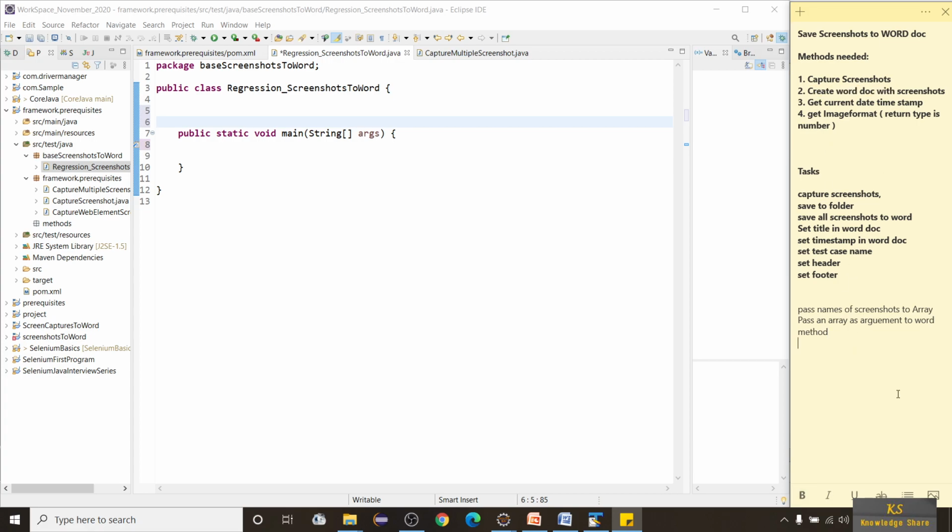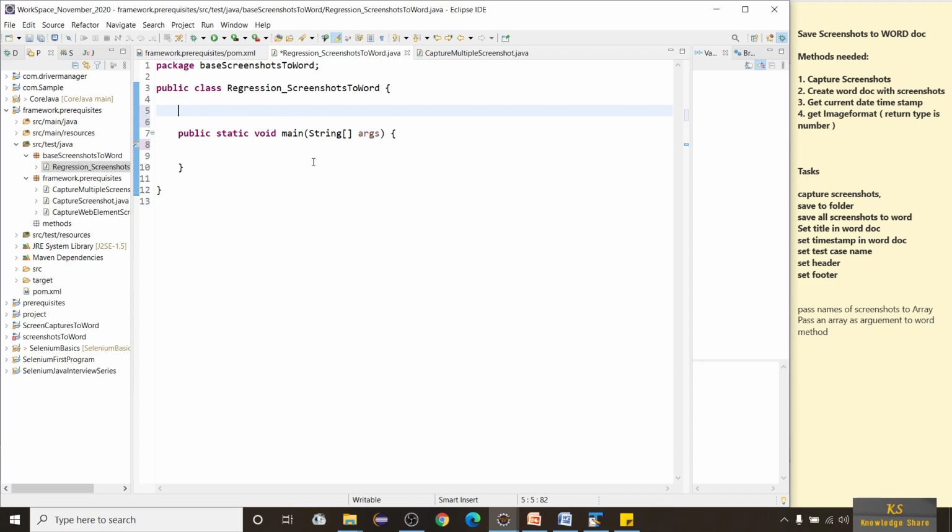Okay, so for that, let us create one variable, static. I'll take a string variable since I need to pass the names, and I'll take screenshot names, and I'll initialize it with the capacity or with the range of 100. So I think we will not have more than 100 screenshots in a Word document, which will be very huge.